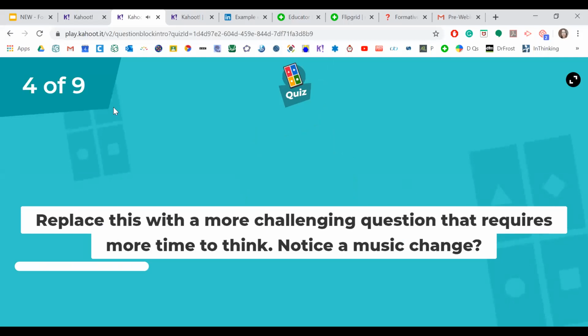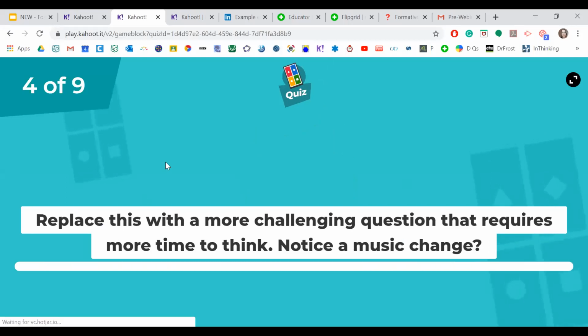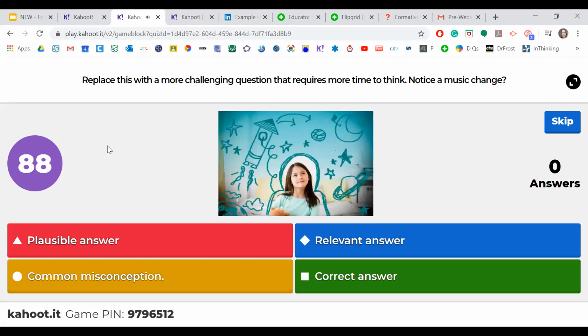Okay, so I'll just talk through this last question. This is like a generic formative assessment question. When you go into Kahoot, you can choose the formative assessment if you want to do one completely from scratch, which is very rare. It gives you tips, it gives you ideas. It gives you a different kind of thing for each question, and then it tells you what kind of things you can put in as the answer. So it leads you through how to create the questions and answers really, really nicely.